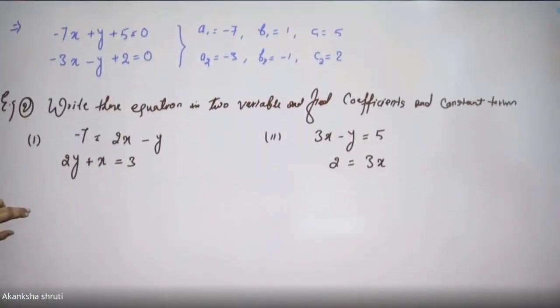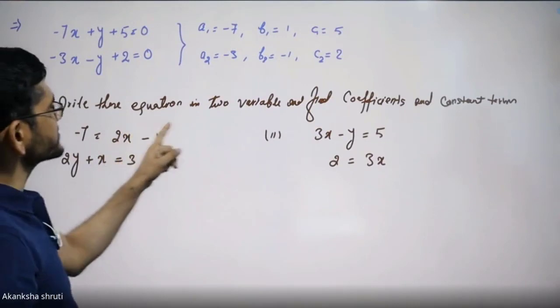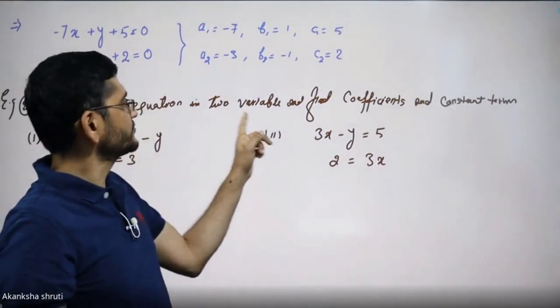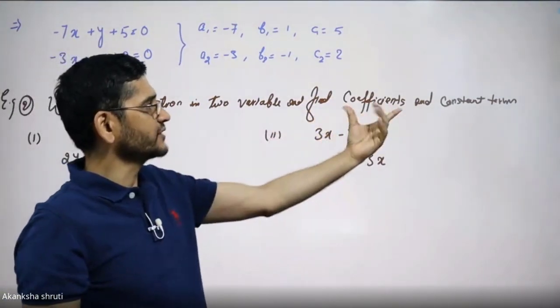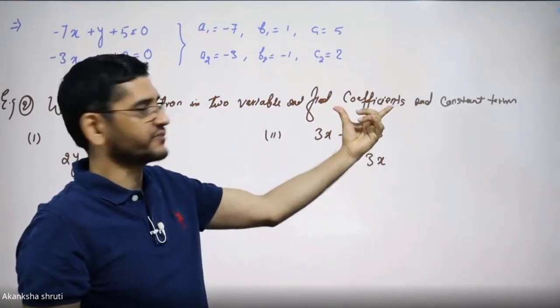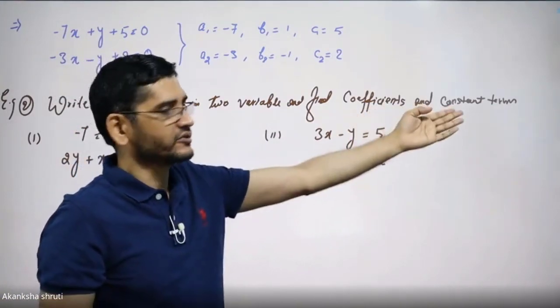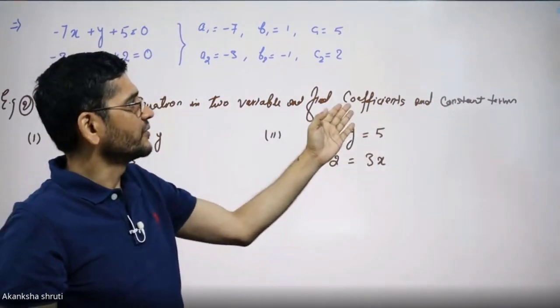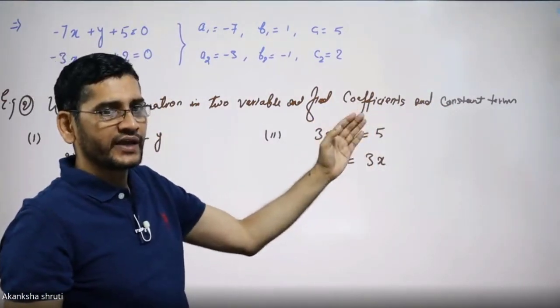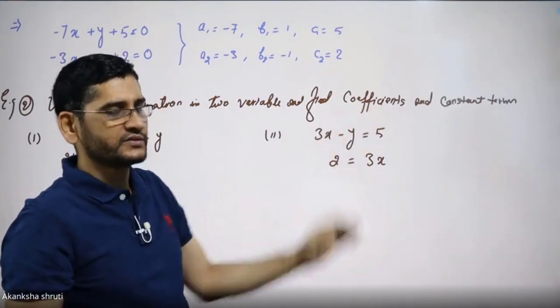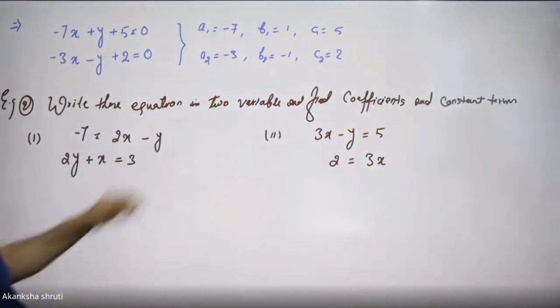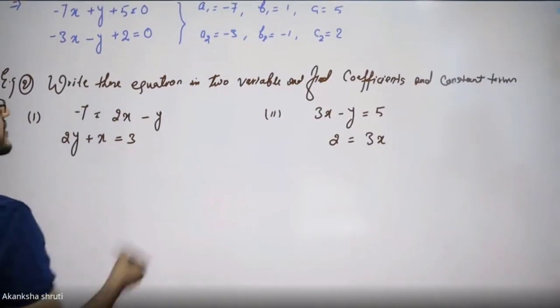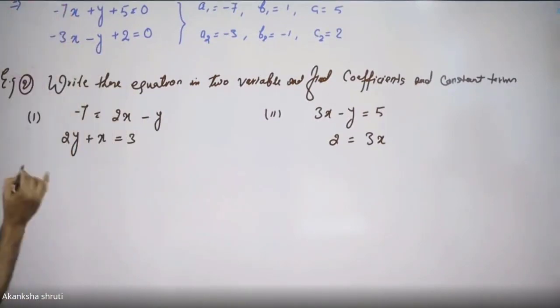A student, in these questions we have to first write them in the standard form in two variables, then we have to find the coefficient, here the coefficient of x and y that we have to find, and also their constant. Since the pair is given, we have to find a1, a2, b1, b2, c1, c2 that way. First we need to write in the standard form. So for this first one,